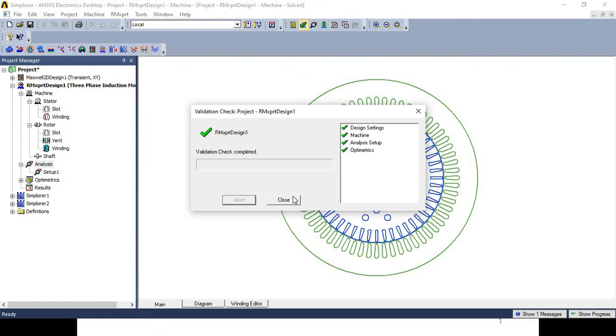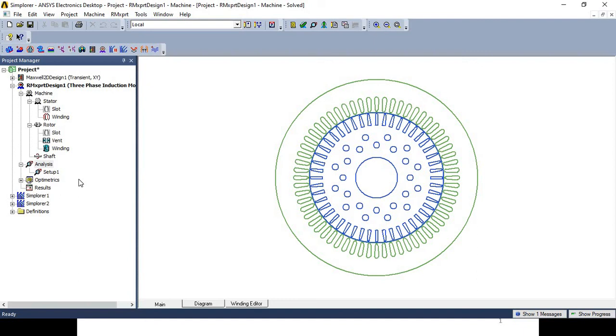If there is any error, then it will show as a cross and the corresponding message will be displayed. Then you have to change your design accordingly and you have to validate the design.